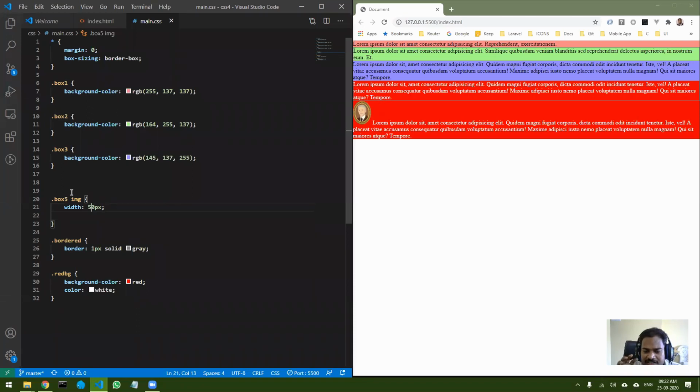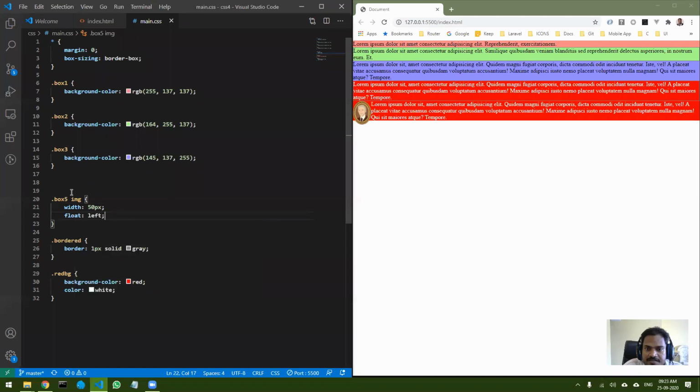If I want this text to be flowing around the image, I can do something called float. If I say float property left, just see what happens.